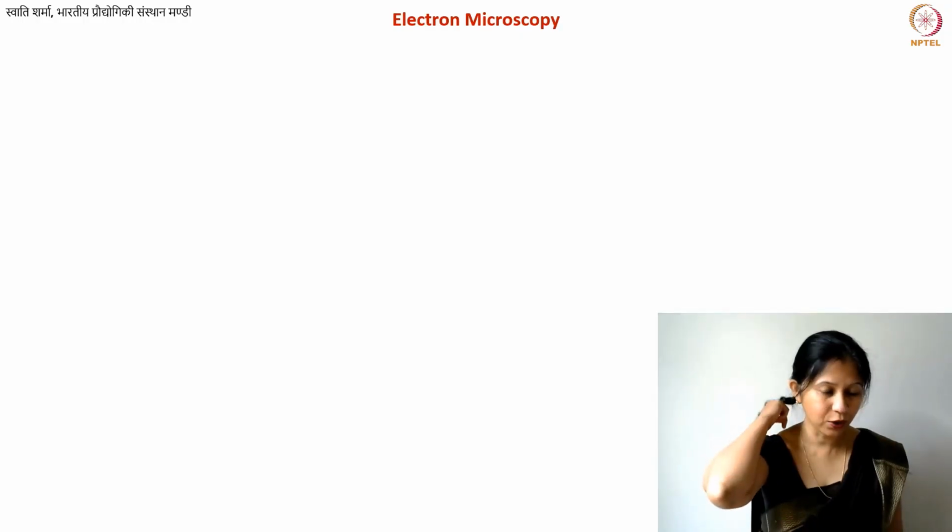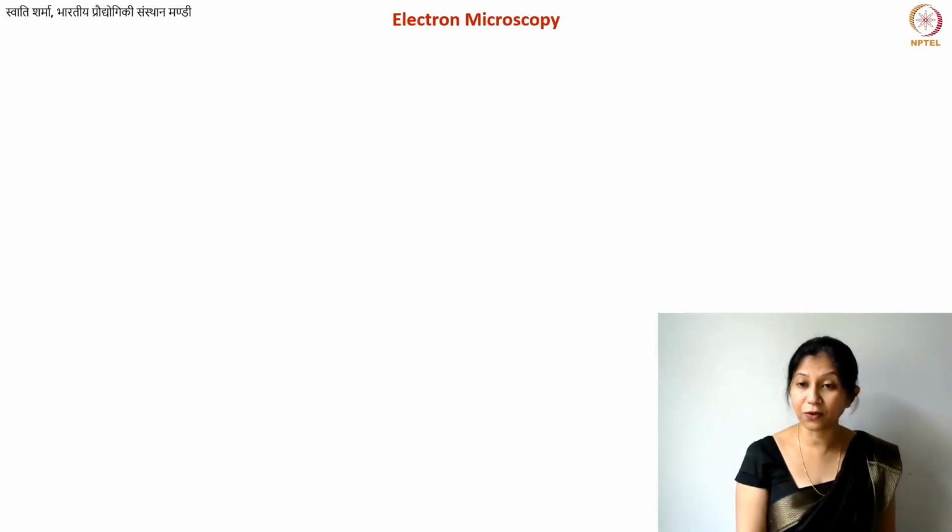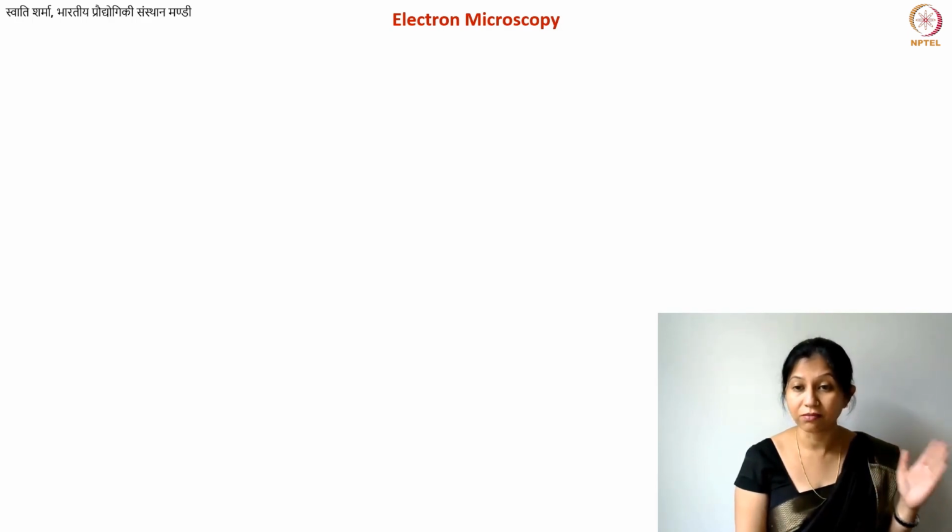So in this lecture, we are going to discuss another characterization technique for carbon materials, electron microscopy. Our focus is going to be on transmission electron microscopy because this is the microscopic technique which is used for looking at the microstructure. I have already shown you a couple of transmission electron micrographs before also, to help you visualize how your carbon material looks like at a very, very small scale, at an atomic scale.